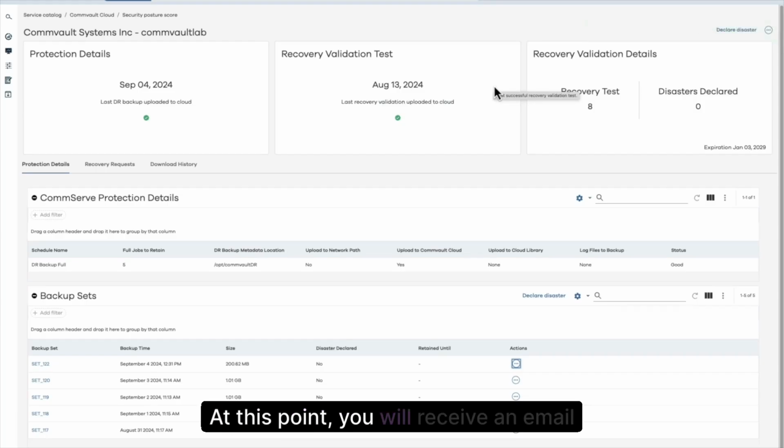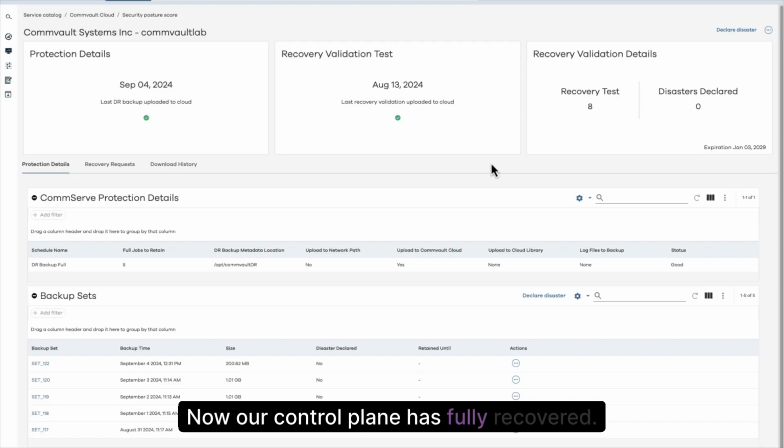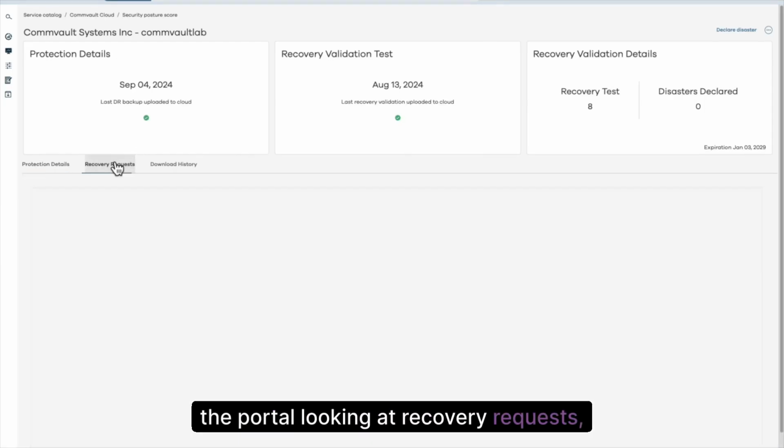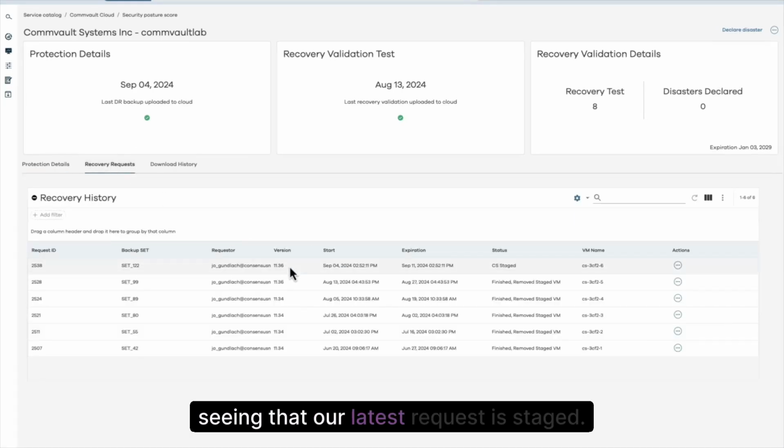At this point, you will receive an email stating that the recovery has started. After the recovery has finished staging the control plane, you will receive another email stating that the recovery has completed. Now, our control plane has fully recovered. We receive the email. We can log back into the portal looking at recovery requests, seeing that our latest request